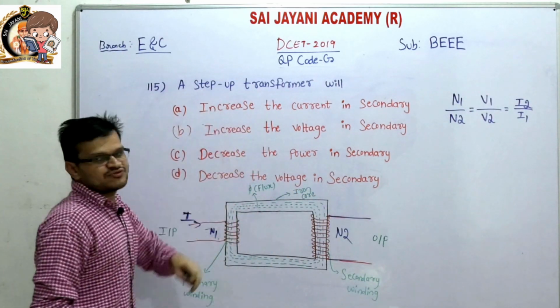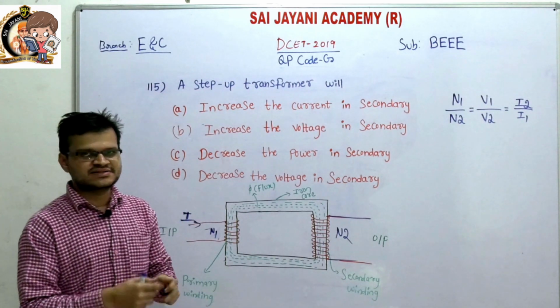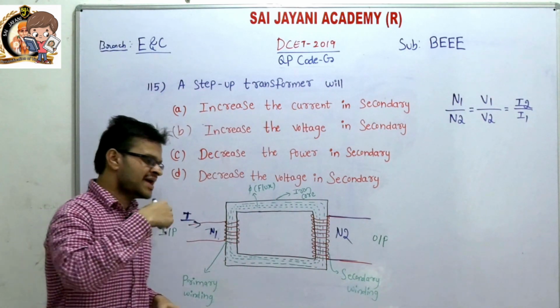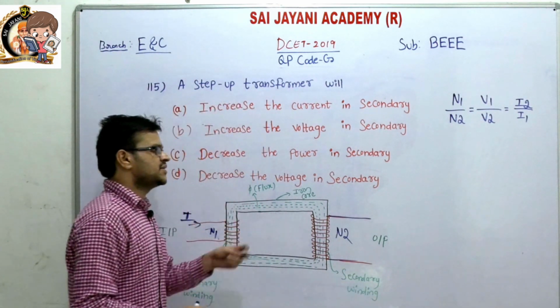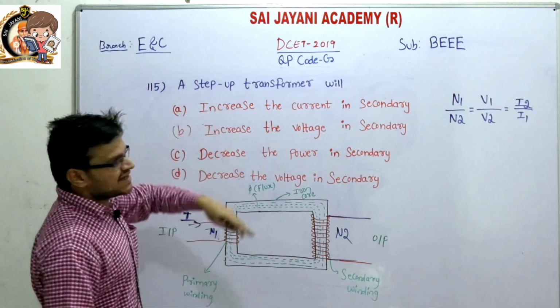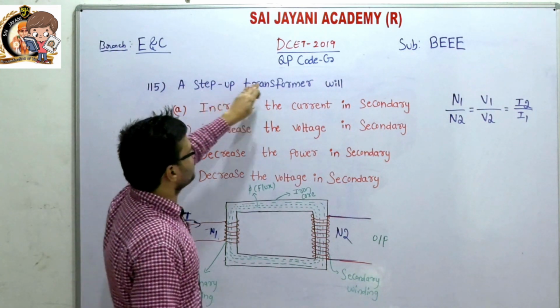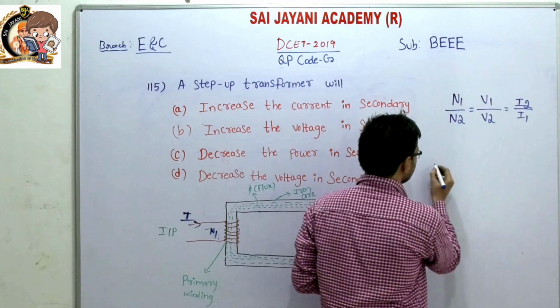A transformer is a static device that transfers electrical energy from one circuit to another circuit, or from one winding to another winding, without changing the frequency, but it may change voltage or current. A transformer is classified into two types, that is a step-up transformer and a step-down transformer. In a step-up transformer,